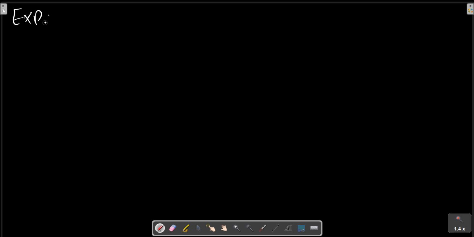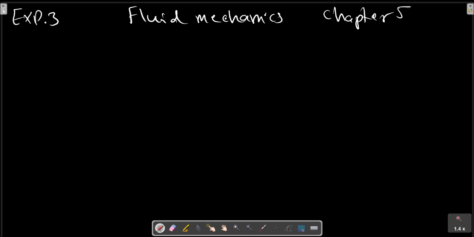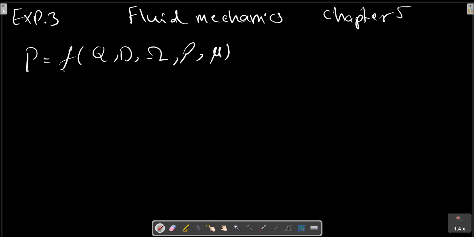Example 3, Fluid Mechanics, Chapter 5. Consider the equation P equals a function of Q, D, omega, rho, and viscosity, in which P is the power input,